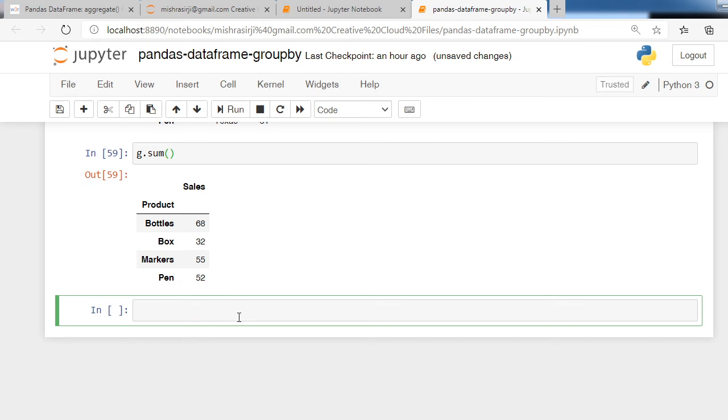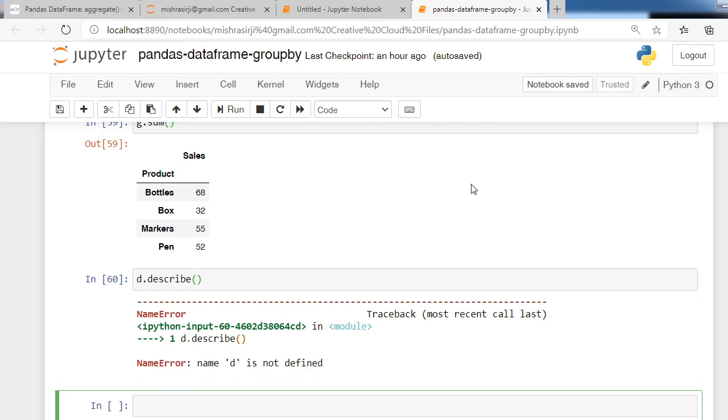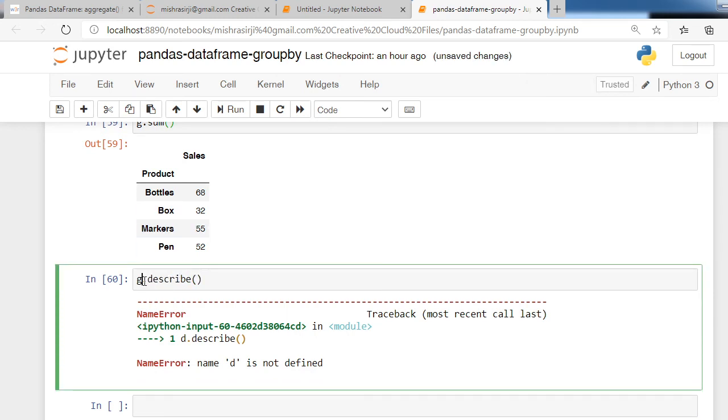We have one more function which gives us a different type of analysis, that is describe. g dot describe. This function returns different types of analysis. Name of variable is g.